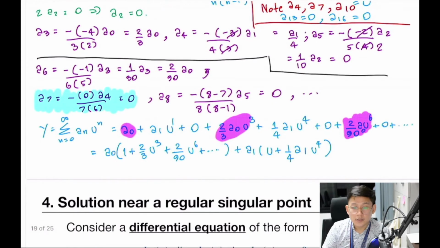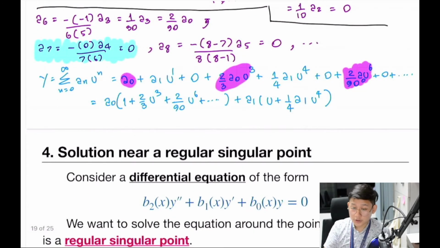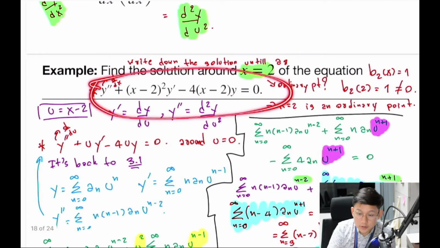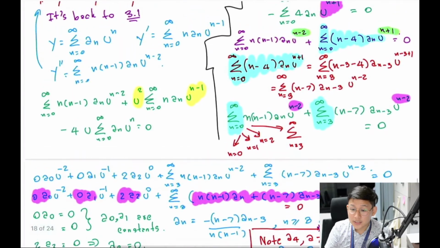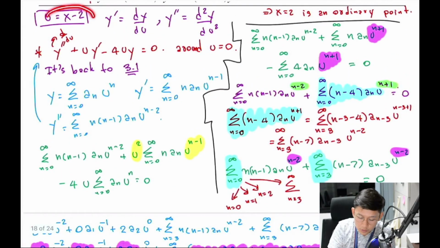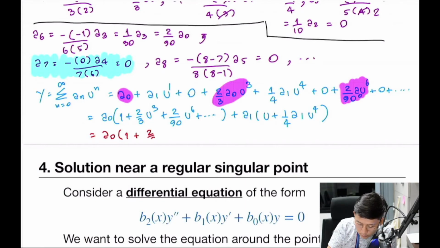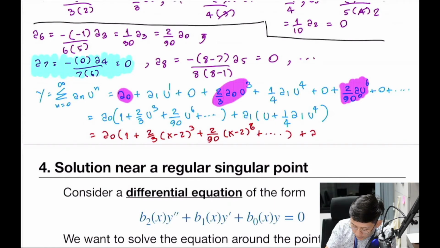Okay, and you may stop here and say, oh, this is the solution, and you won't get the full mark because the question is in terms of x. So if you want to answer, you need to answer in terms of x as well, but you know that u is x minus 2. So in the end, you need to answer this question as 1 plus 2/3 x minus 2 cubed plus 2 over 90 x minus 2 to the 6 plus blah blah blah plus a1 x minus 2 plus